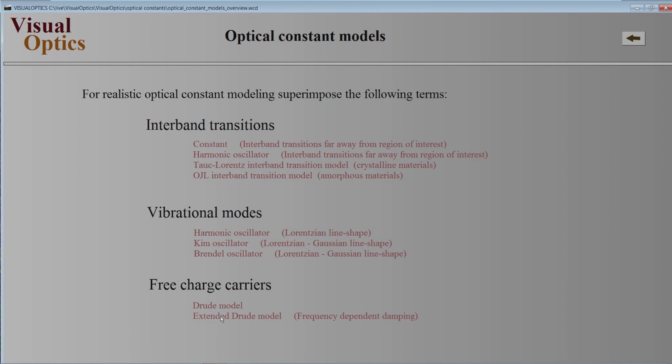So only in this case you have to use the extended Drude model with 3 more parameters compared to the simple Drude model, but it's also not so difficult to apply this, and especially very successful. Okay, later on in future tutorials I will show you how we can apply these models in order to fit optical constant models to measured data, but for today I would like to close this